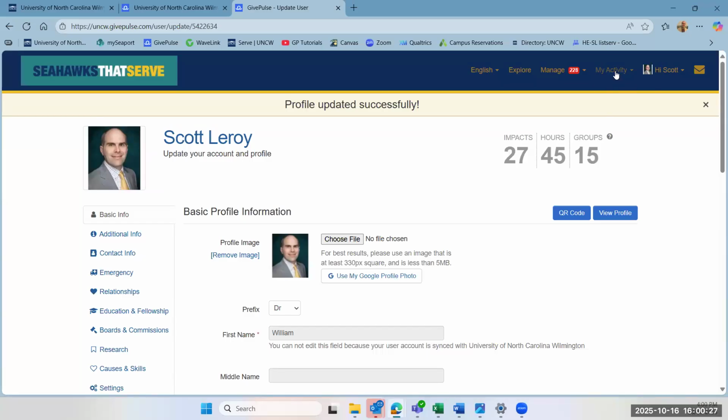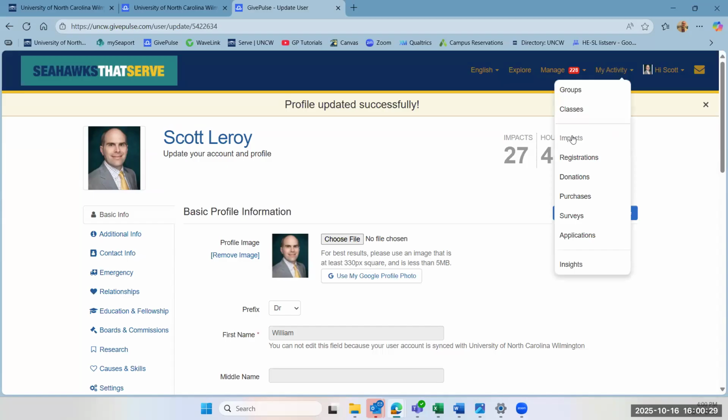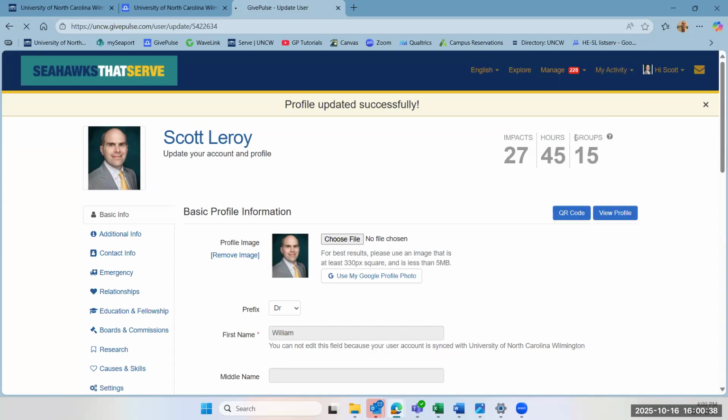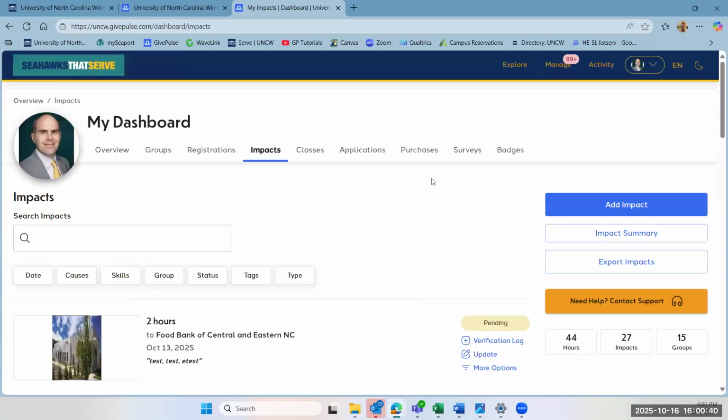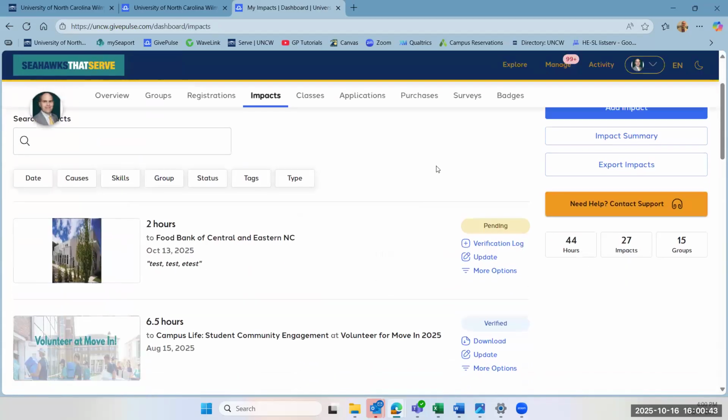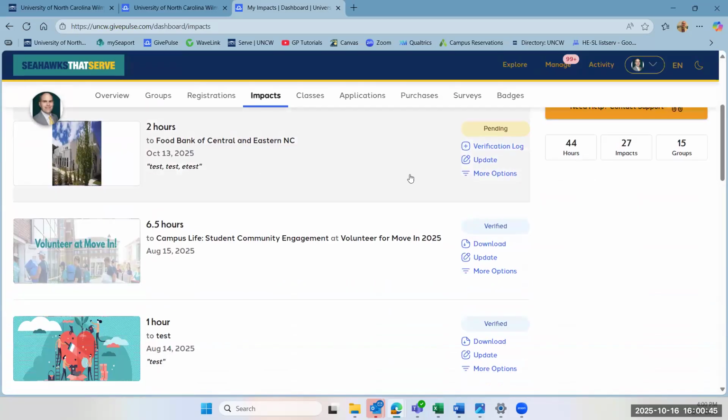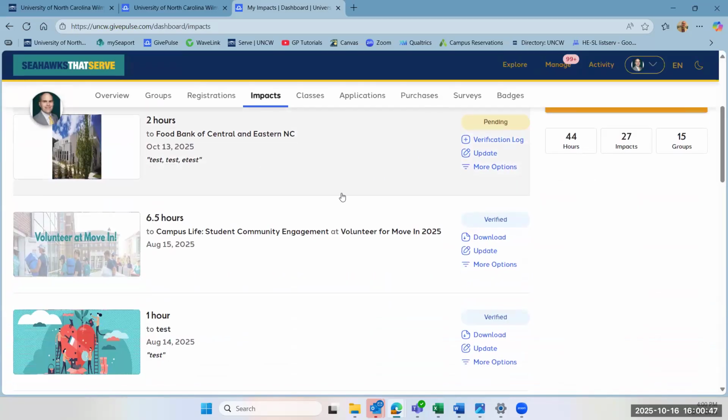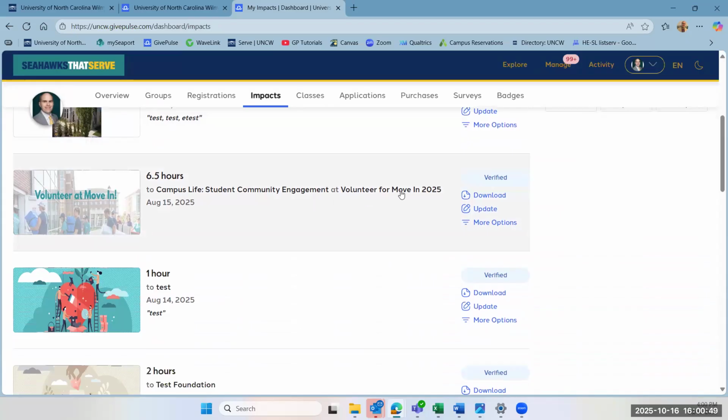There is another possible explanation, and that is the impact itself is set to private. So you're going to want to open up the impact in question, which you can do by clicking on My Activity and then Impacts. So you'll go to the event in question. Let's say it's this volunteer for move-in. It's verified. So I know it's already been verified, but my instructor can't see it for whatever reason. If I click on Update,